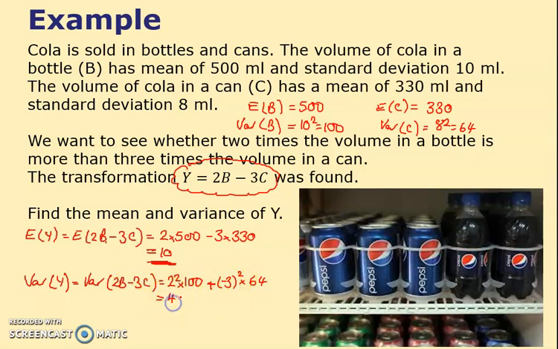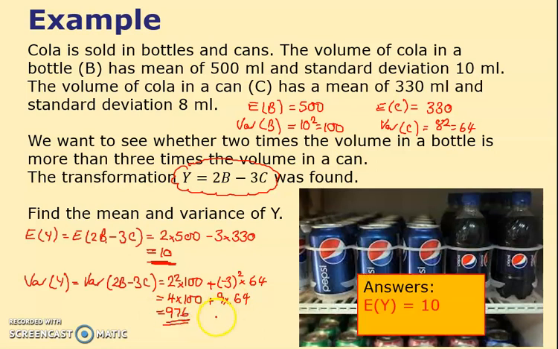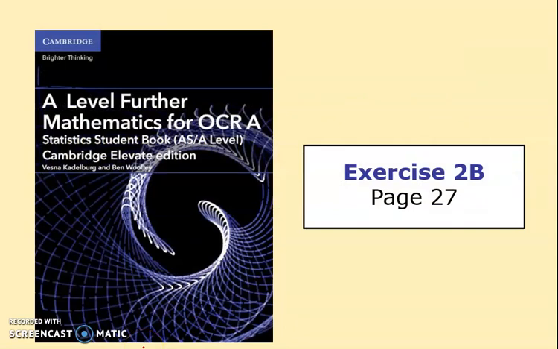This is 4 times 100. Plus 9 times 64. And that's where people go wrong. Let's do that on my calculator. 400 plus 9 times 64 equals 976, which is a huge number. 976. Much bigger than most people would have expected there. And look, we're going to practice those. We'll practice a greater variety of them as well than the 2 or 3 we've looked at so far. But that is then trying to find the variance and the mean of a